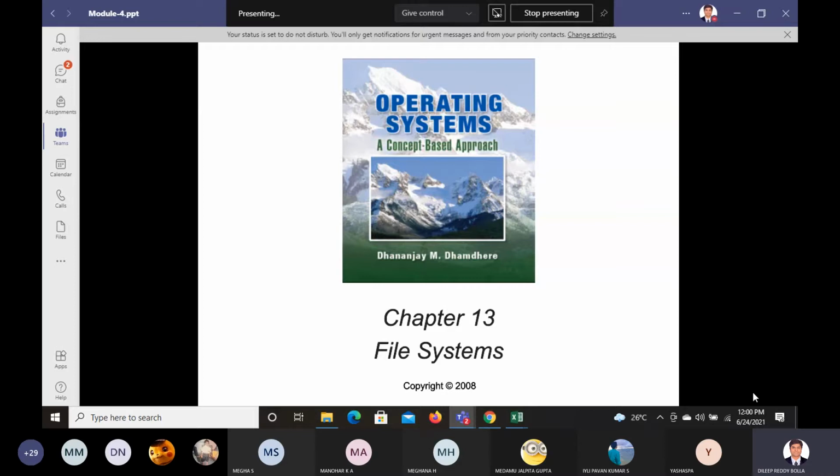So we are discussing file systems, which is module 4. The very first topic we have seen is file systems and IOCS. Out of that, we are going to see file operations now. We have slightly covered that. We'll complete that part. I'll just give you a glance at what we discussed, and then we'll go to the concepts.